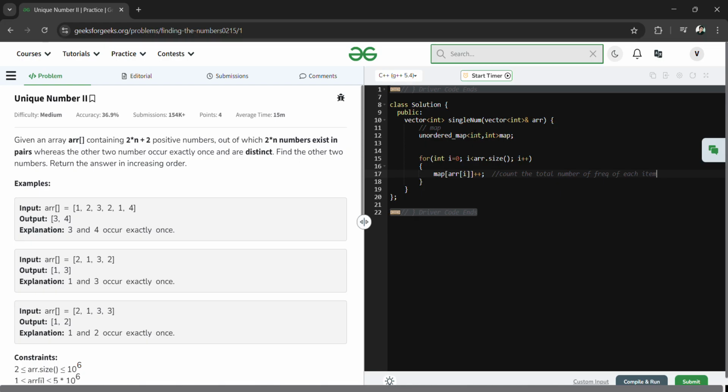Okay, now once we have counted the frequencies, again we need to traverse. So for int i equal to 0, and again we traverse till array dot size, and then i plus plus. Now, yesterday I gave some conditional statement, and here I am giving the same condition. That means if my map of array of i, I'm talking about the frequency, not the element,